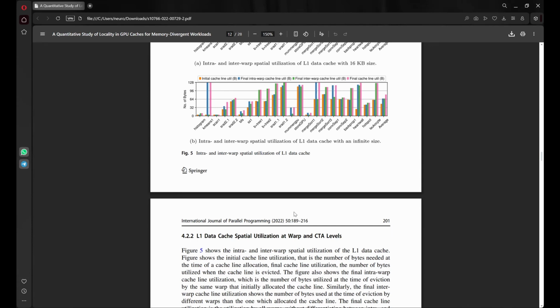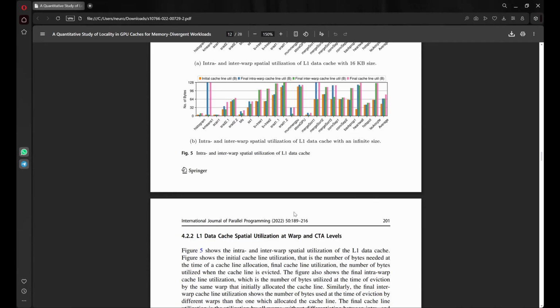Where do we see most of the spatial utilization coming from? When we're building a spatial locality predictor, what should we be optimizing for? Should we be optimizing for addresses for threads within the same warp, threads from different warps, but within the same